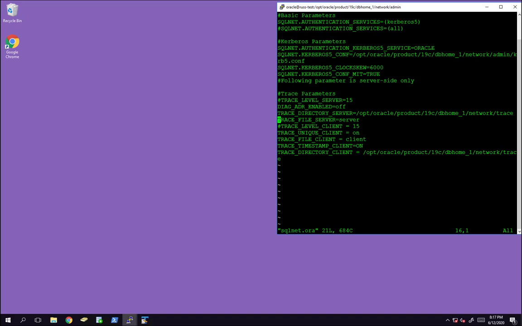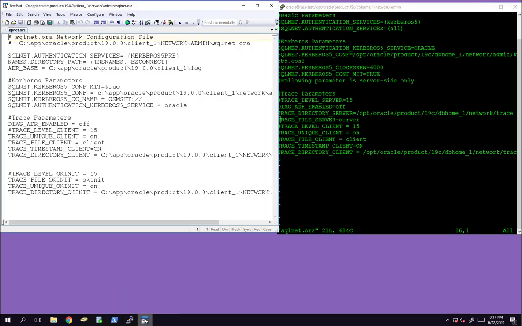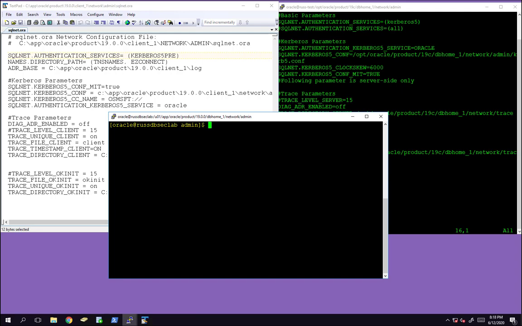Which makes sense. We are using a file-based cache, and therefore we want to use Kerberos 5 as our authentication service. If we look at our Windows client, where we are using a memory-based cache, we'll talk more about this in just a few minutes, we are using an authentication service of Kerberos 5 Pre. Now if we look at our database server,